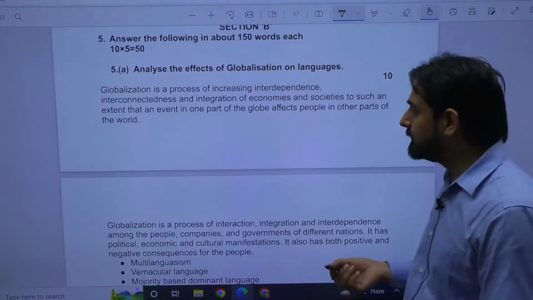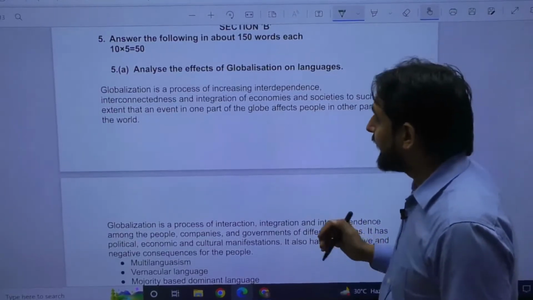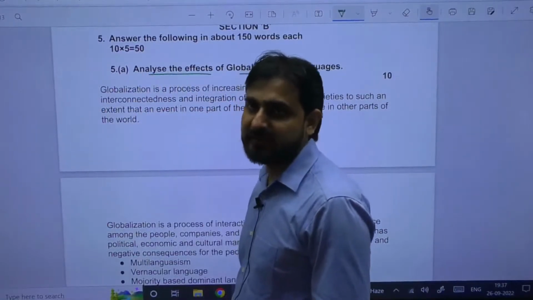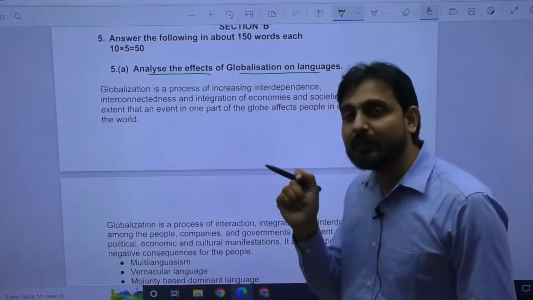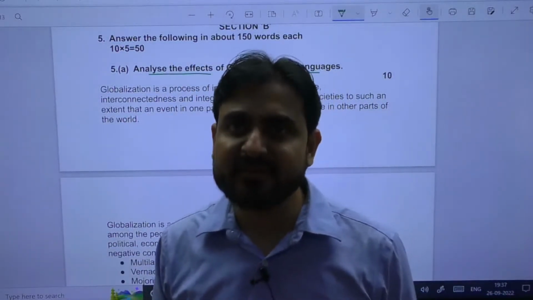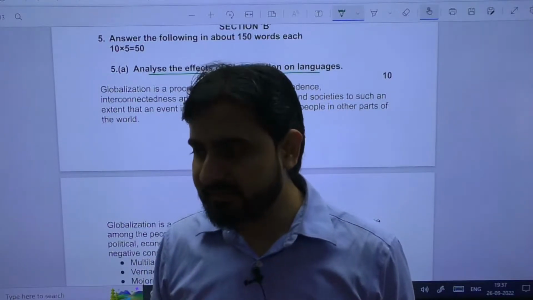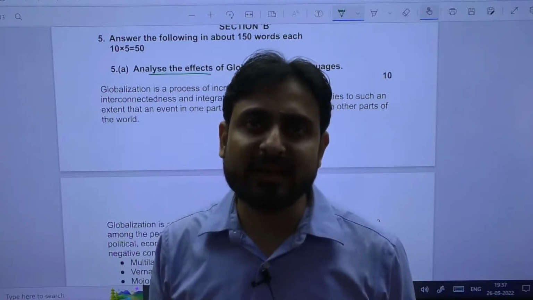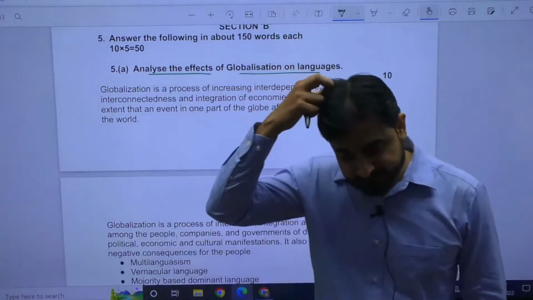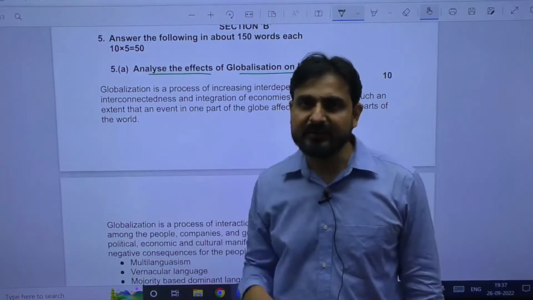In a good presentation, analyze the effect of globalization on language, meaning how globalization is impacting language, whether it is strengthening local vernacular languages, whether it is causing vulnerability or extinction of vernacular or local languages, whether there is a dominance of majoritarian-based language,